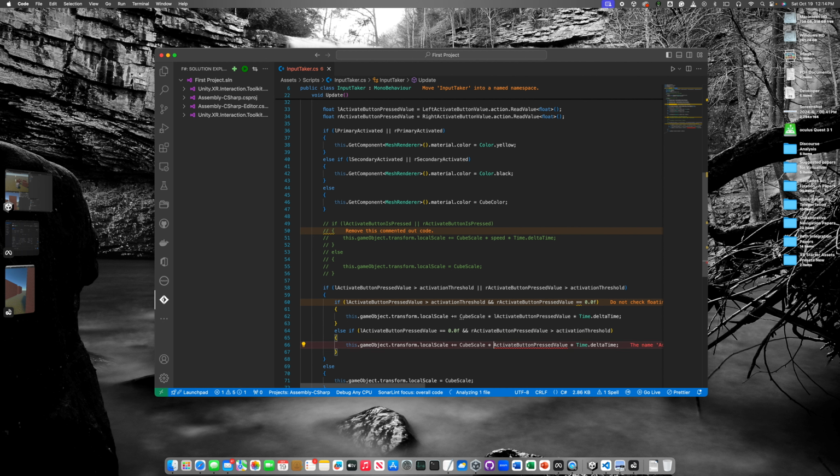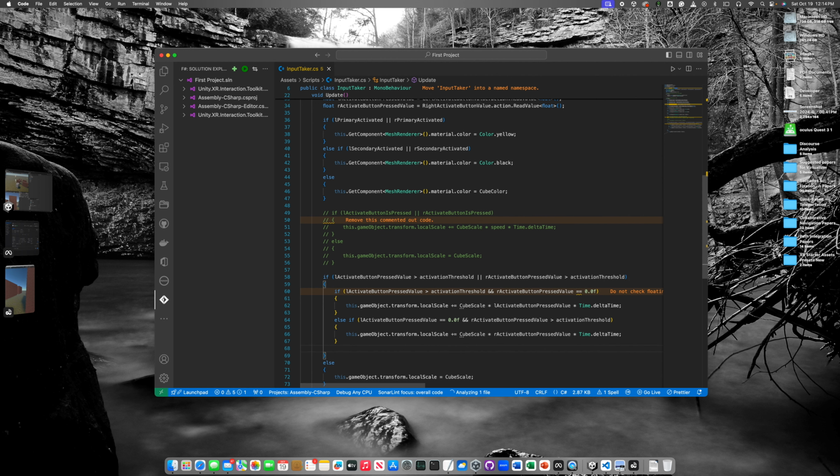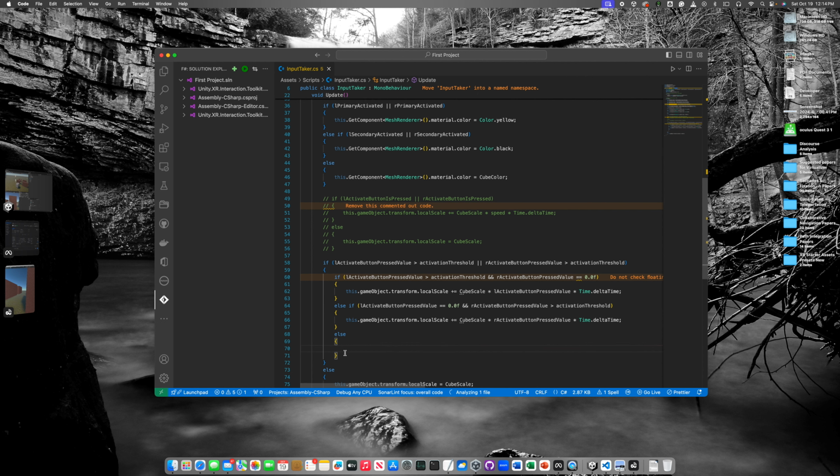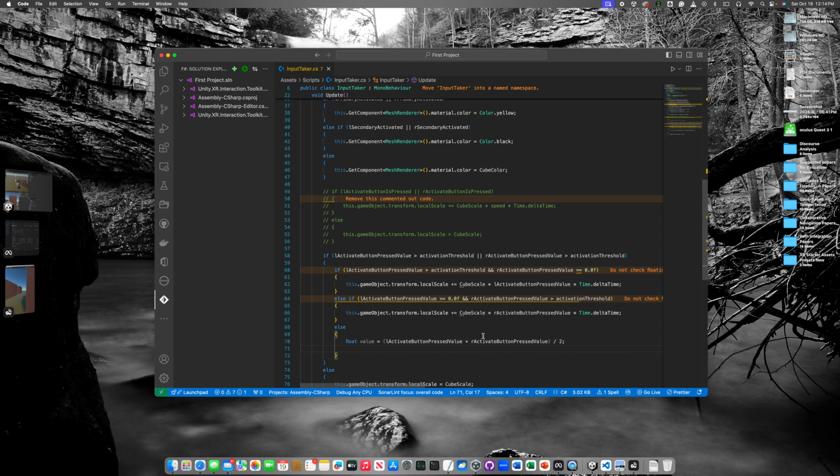So it will be right hand. Now if both hands are pressed at the same time, so else both hands are pressed, let's go ahead with what is the average value of these two. Okay, float value equals to left activation pressed value plus right activation pressed value divided by 2. So I am getting the average of these two values, and then I am going to assign that value